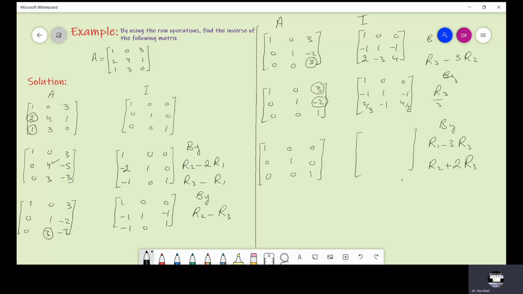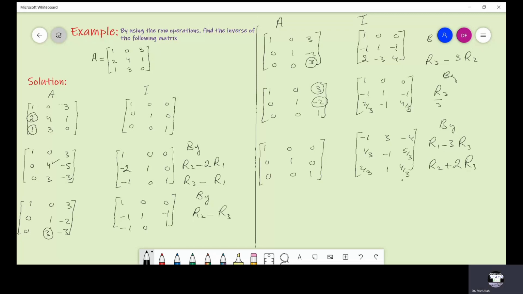Now we should perform the same operation on this side. So we get minus 1, 3, minus 4, 1 by 3, minus 1, 5 by 3, 2 by 3, 1,